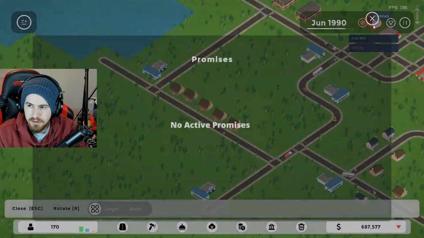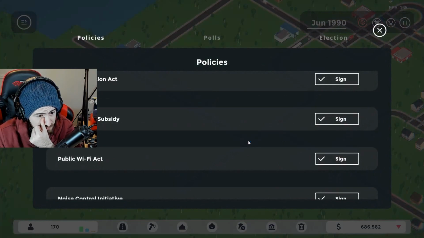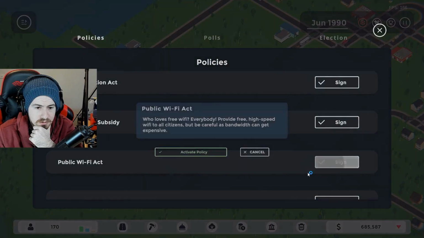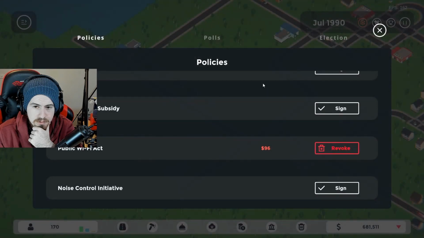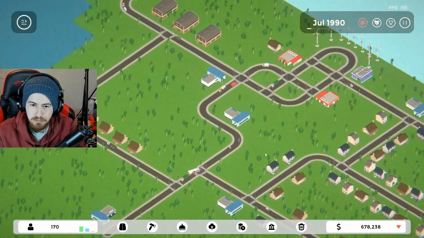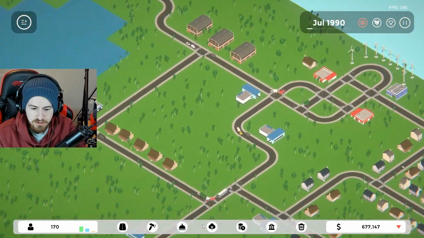Although I don't have any promises at the moment. I could design a power act if I wanted to. Alright, probably. Who loves free Wi-Fi? Everybody. Provide free high-speed Wi-Fi to all citizens, but be careful as bandwidth can get expensive. Yeah, well, let's see. Oh, I see. Okay. So we don't really need to worry about much of industrial at the moment. We basically just have to work on...